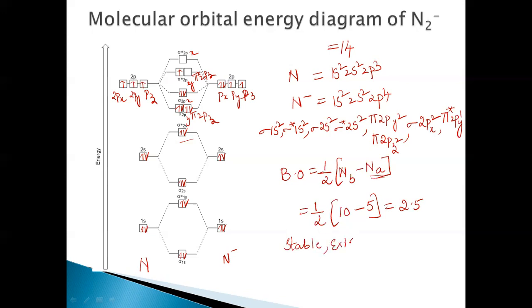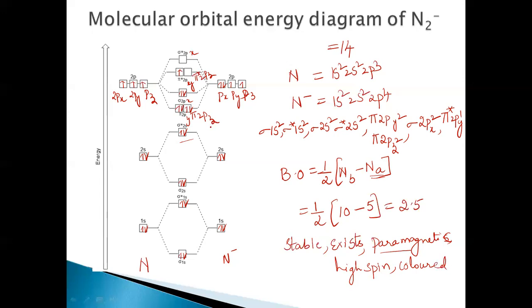It does exist. And when you come to the magnetic nature of it, yes, there is a single unpaired electron, as we can say in the pi star 2py orbital. Therefore, it is paramagnetic in nature. Because of this unpaired electron, it is paramagnetic, and it is high spin. Because of the unpaired electron, we can see the spin there, and because of this unpaired electron it exhibits color. All diamagnetic substances are without unpaired electrons, so they are colorless, but this is paramagnetic with one unpaired electron, so it is colored.